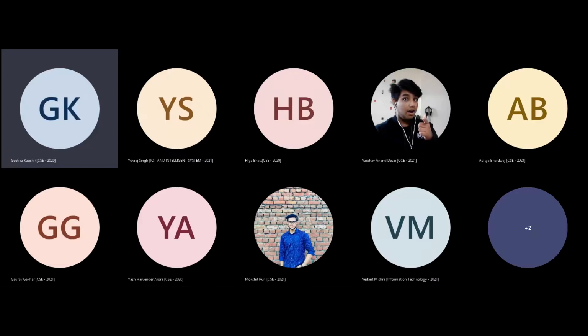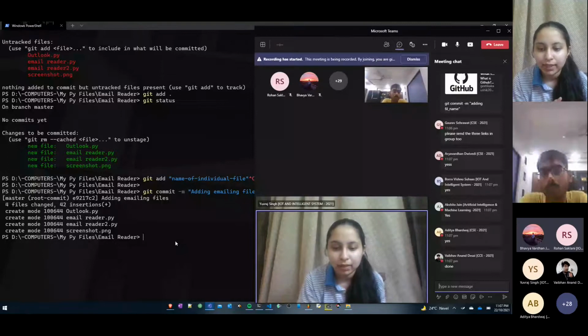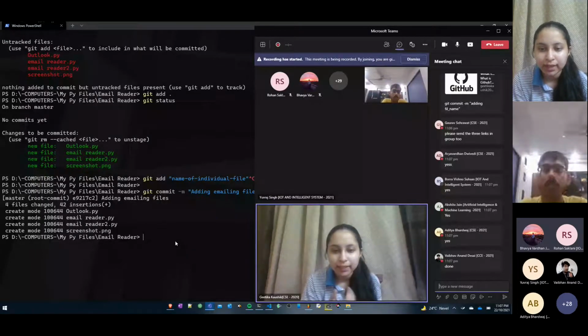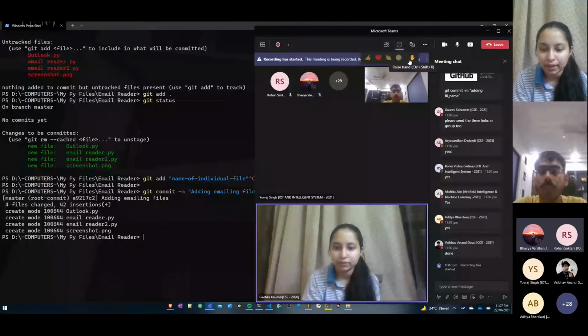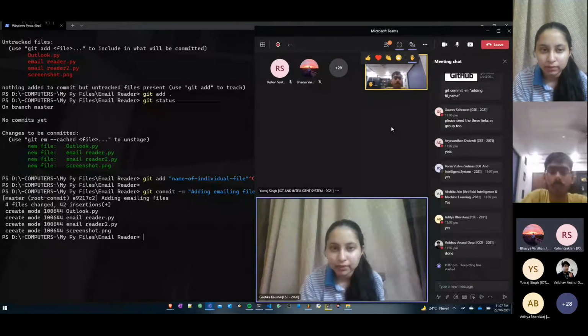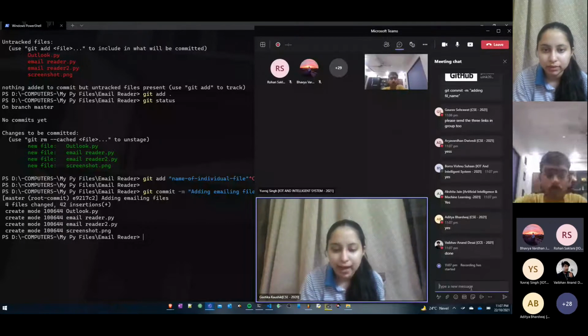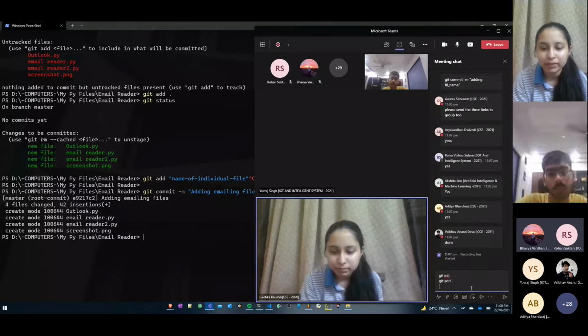Currently adding an existing project to your repository, and we have done 5 things until now. Created a new repository by going on GitHub. Then we opened Git Bash inside the folder in which we were working, which contains the file which we want to add. Then we initialized the Git repository by using the git init command. Then we use the command git add space dot, which adds all the files which we want to add in the repository. Then we commit the changes in the repository, which is git commit -m, and the message which you want to put along with that.